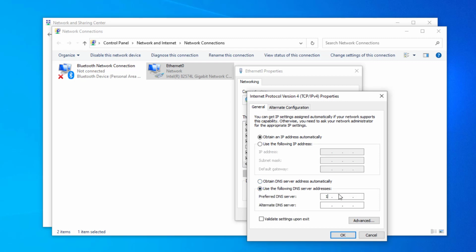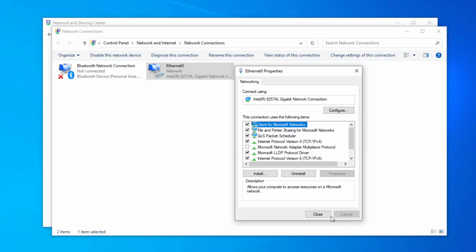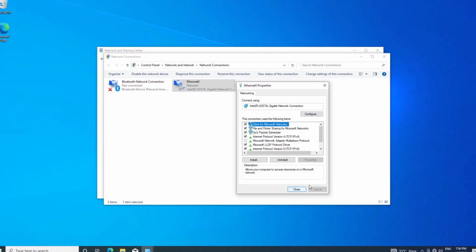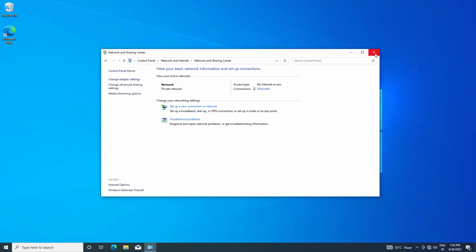In preferred DNS type 1.1.1.1. In alternate DNS type 1.0.0.1. Press OK. Now your problem should be fixed. If that didn't work,